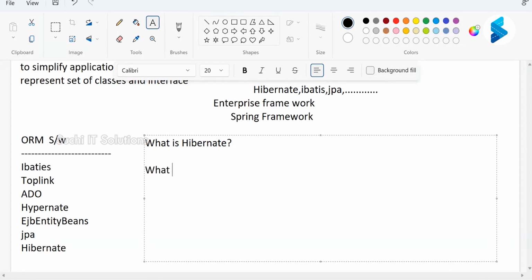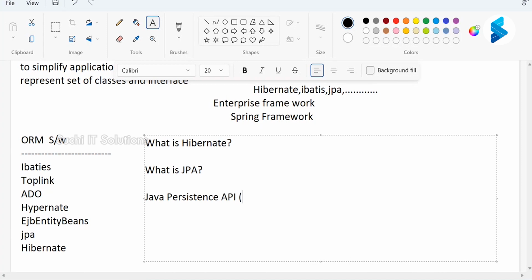Now, next one. What is JPA? Java Persistence API.